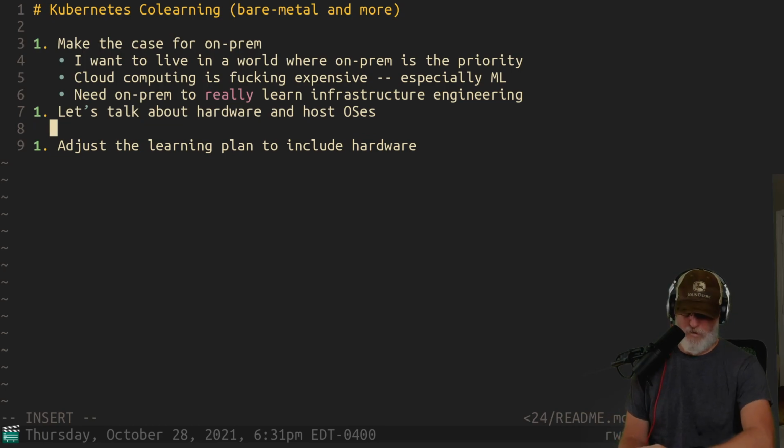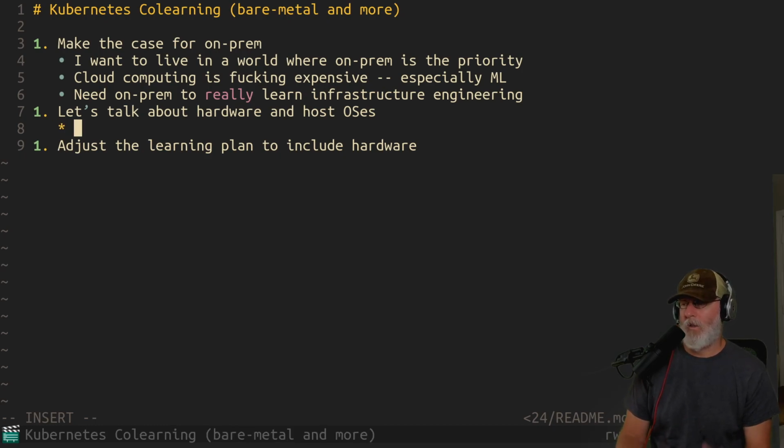So let's talk hardware and OSs. Let's shift up a little bit. I think we're doing fine. We've got another 90 minutes. And let's kind of debate direction here. So what do I have? And this is the part where I would stand up and go over there and count the Raspberry Pis and show you all the Raspberry Pis and my stuff.